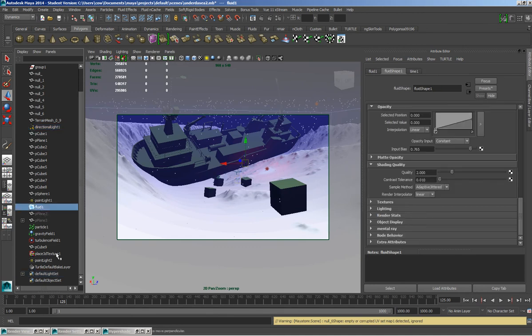So I've used a fluid here. There is a Maya fog that's available. If you go to the Maya render settings, you can add a fog there. It's a simple depth fog. It doesn't respond to light. You don't want to use the light fog that comes with Maya either,